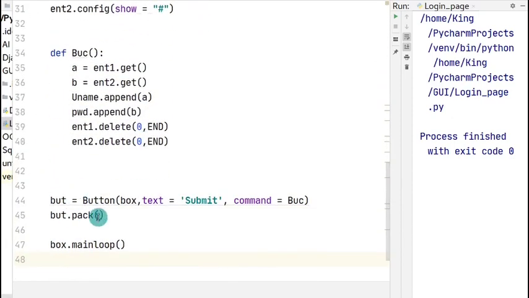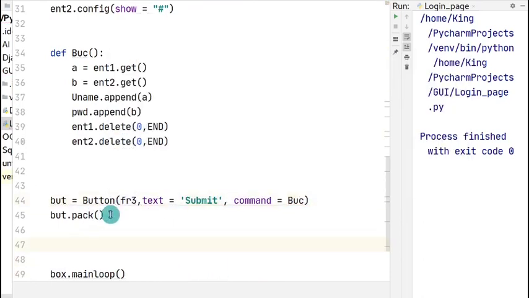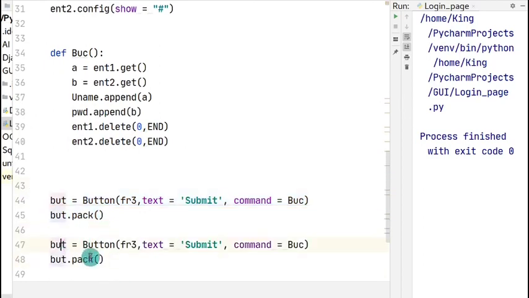I'm going to change here as well, frame 3. I'm going to copy this. I'll take button 2. This will also be button 2, and this will be added on frame 3, but the text will not be submit, it will be check.